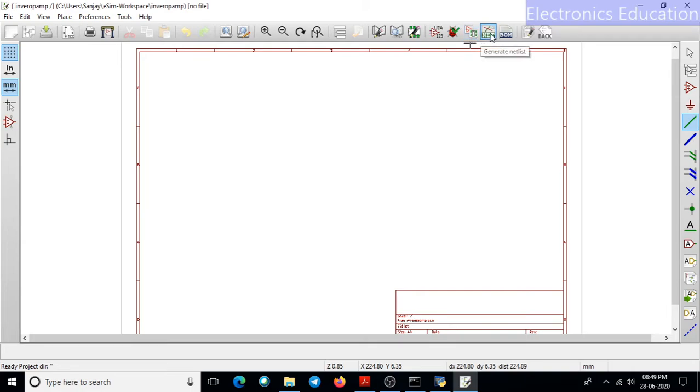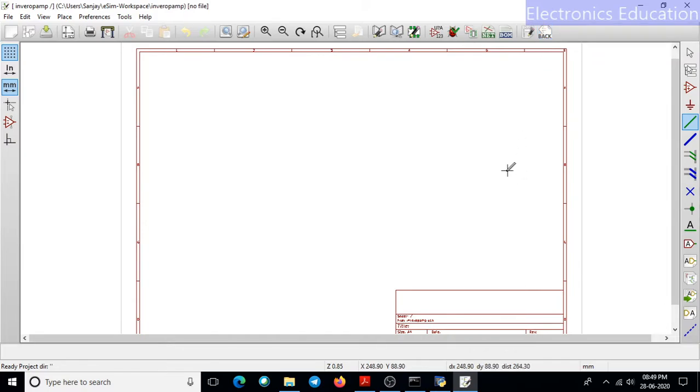These netlist files and CRI files can be generated with the help of this button. The billing of the particular components can also be done with this button. Now the most important part: by using the PCB button we can design a PCB for the given circuit. This will be a back button.